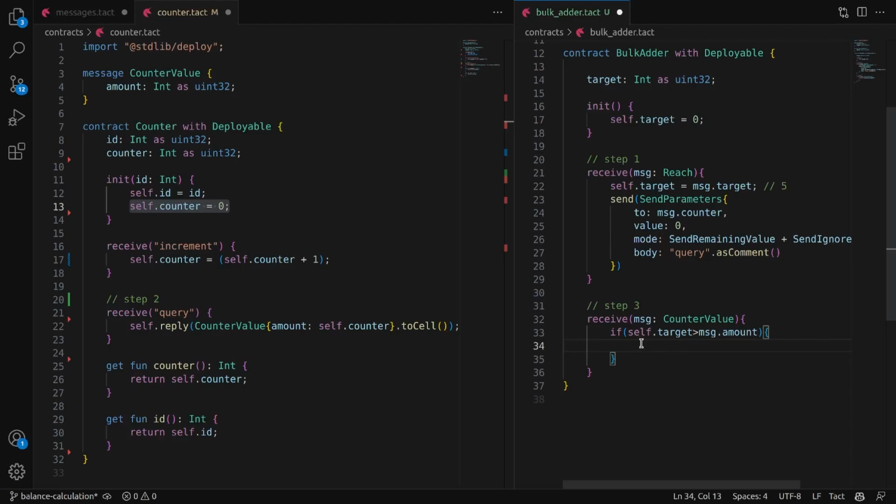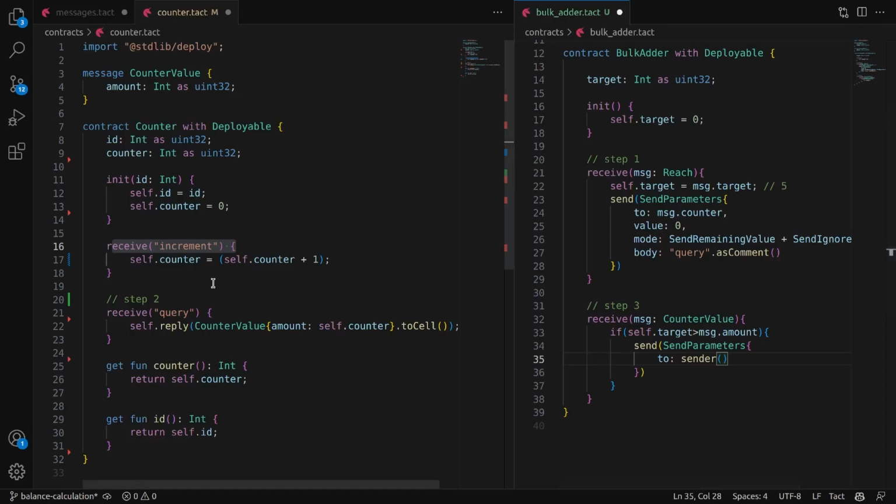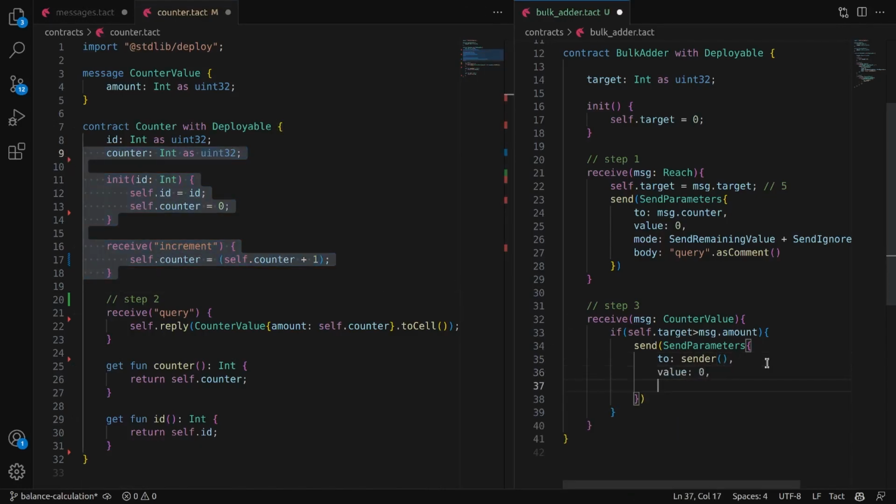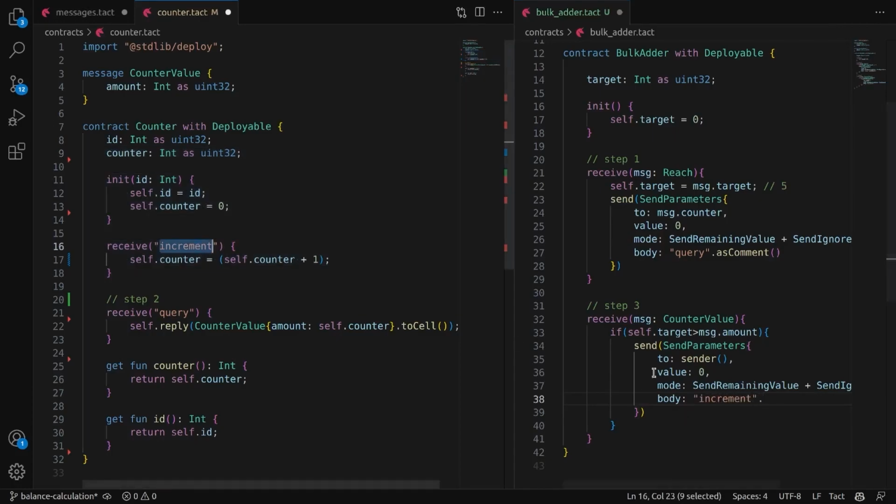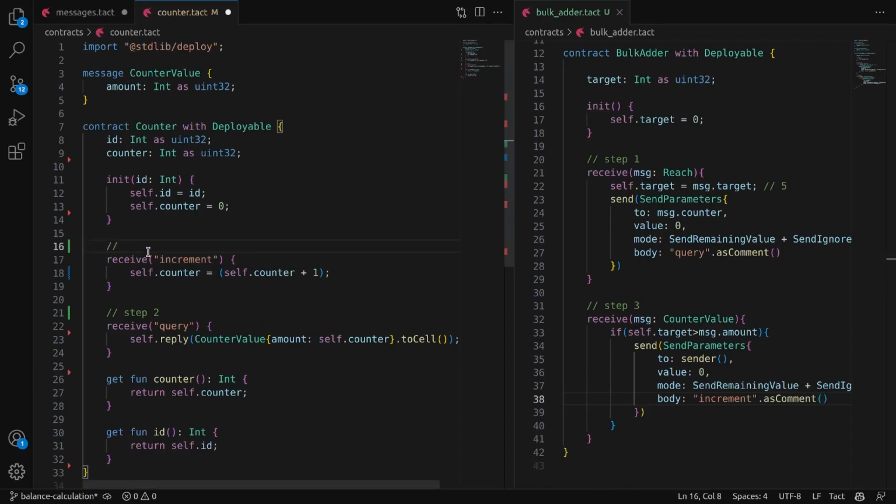Specifically at this step we will send an increment message. Here, to initialize the field to, we can use the sender method, because at this moment the sender will be the smart contract itself. And we specify the increment message as the body. Great, so we are moving to this part of the code, and this is already step number 4. Having received the increment message, we increase the counter by 1. At this point, all our operations at this location will end, because our contract doesn't send messages anywhere else